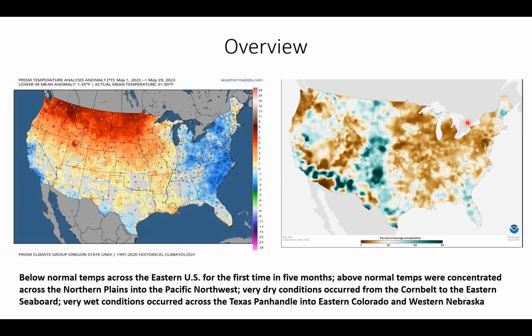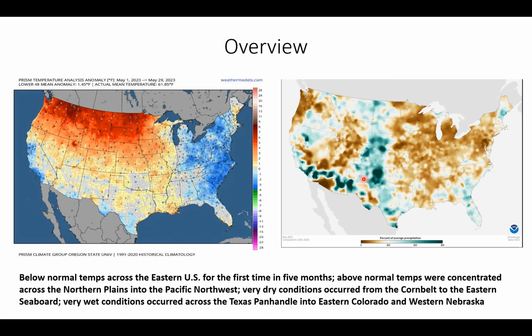Now, if we look at the overall precipitation anomalies, courtesy of NOAA, here on the right for May of 2023, the brown shading indicating drier than normal conditions and the green shading indicating wetter than normal conditions. So as you can see from this chart, we had quite a stretch of below normal precipitation anomalies from eastern Nebraska, the Omaha area, extending towards Kansas City, St. Louis, Chicago, Peoria, right on up into Michigan, Wisconsin, Minnesota, stretching its way eastward towards New England, specifically New Jersey, southeastern PA, as well as Virginia, and even drier than normal conditions further into the deep south across northern Mississippi